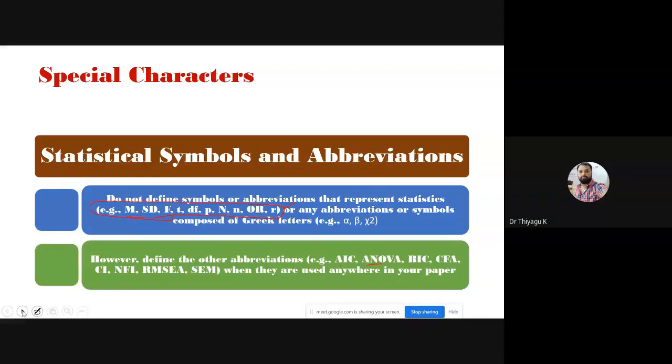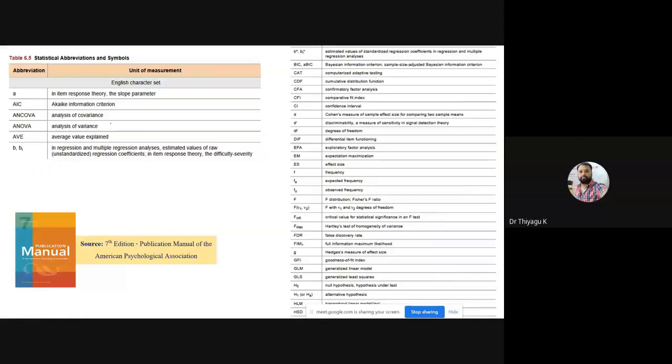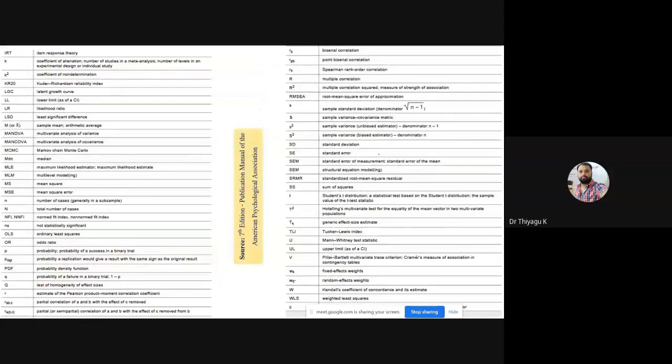I request you to look at the APA style. I'm taking a screenshot from the APA book. This many short forms are available in the book. A for item response theory, AIC means Akaike information criterion, ANCOVA analysis of covariance, ANOVA analysis of variance, AV average variance explained. Like that, they have given lots of explanations for each abbreviation.